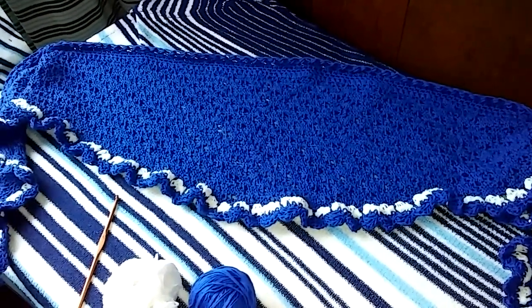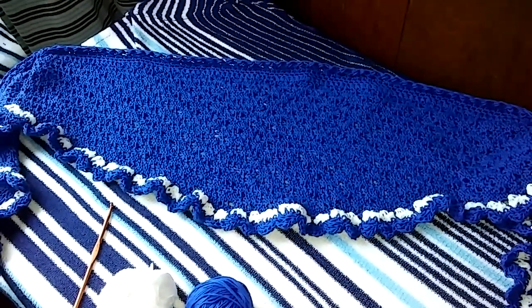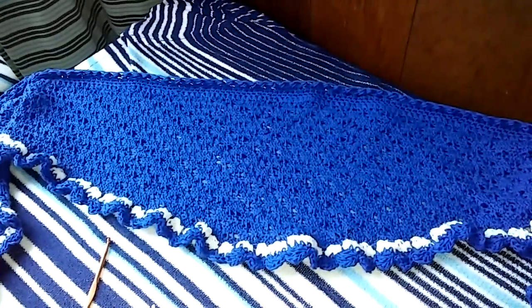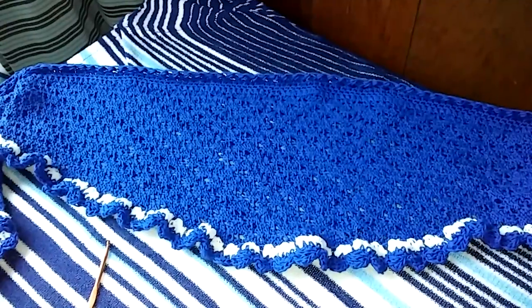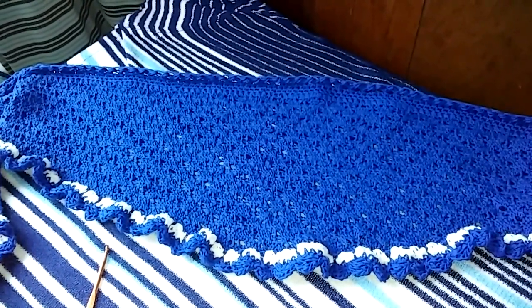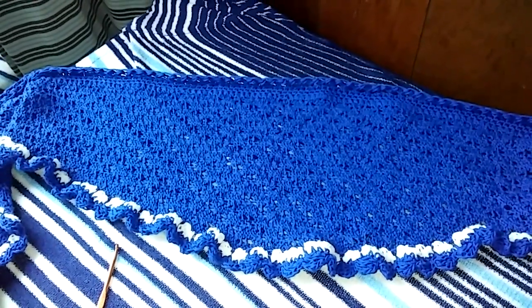I want to come back on and show you a project that I dug out of my craft room and my stash bags of yarn yesterday. If you saw a video earlier last year, I had gone to a flea market here in Alabama, and I found a whole plastic tub full of yarn that I got for a really good price. I think it was $13 or $14, and it had